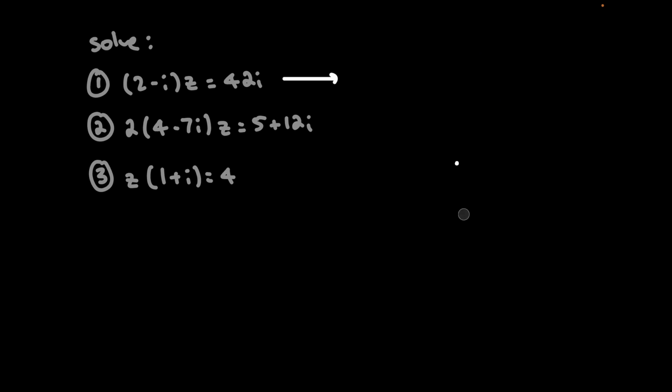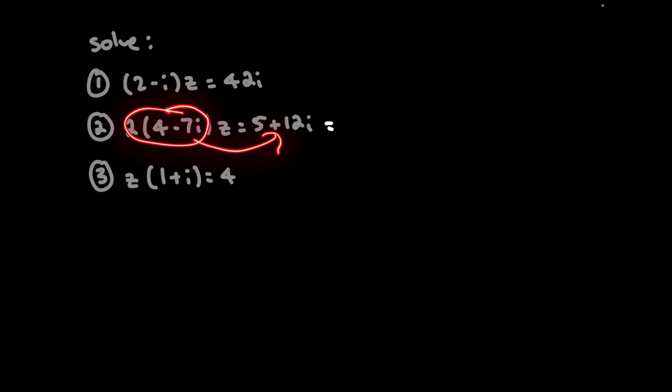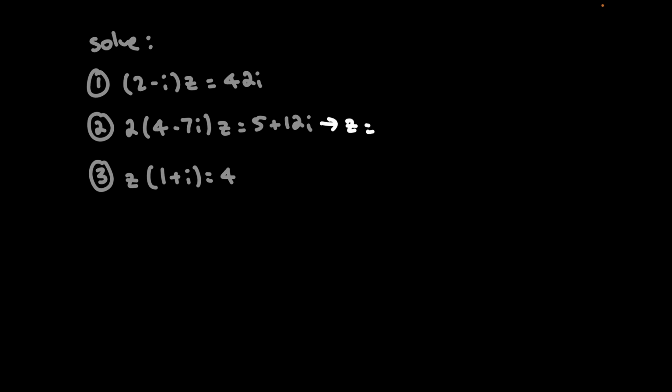Now question 2. It's very similar. Okay, so I'm going to give you a second to pause the video and try it yourself. Okay, now let's do it. For this one here, we can simply rearrange all of these components to the other side of the equation by dividing. So we can say that z is the same as 5 plus 12i